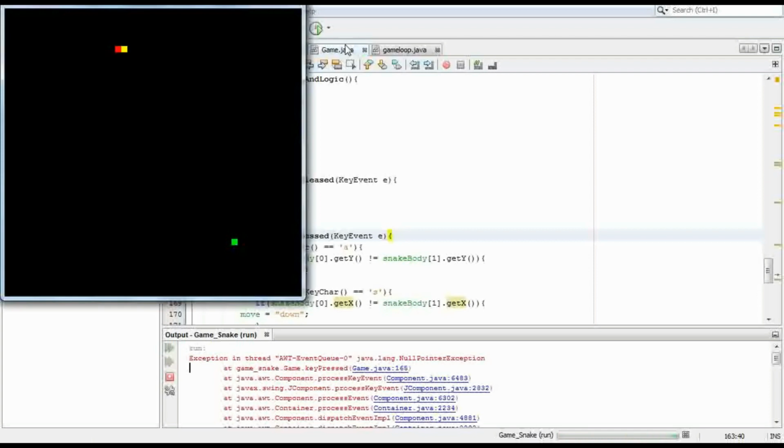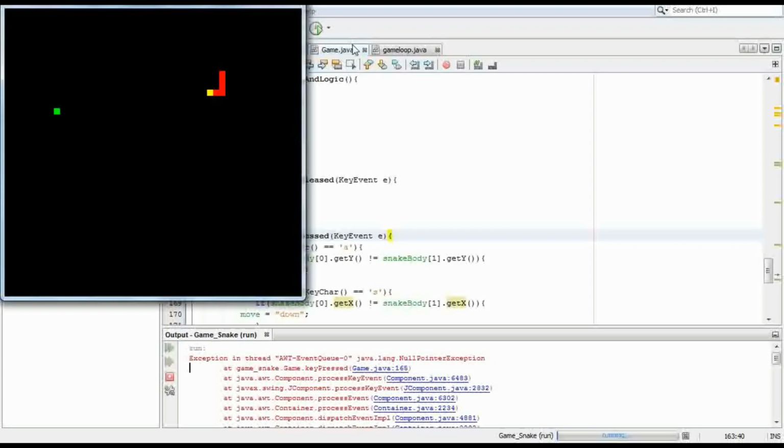Okay, so as you can see, we're not able to go up or down. We're just able to go left, right, and center. I mean, not center, only left, right, up, and down. So that's what we want. So great, this is good. Now let's see if we try. Okay, so now